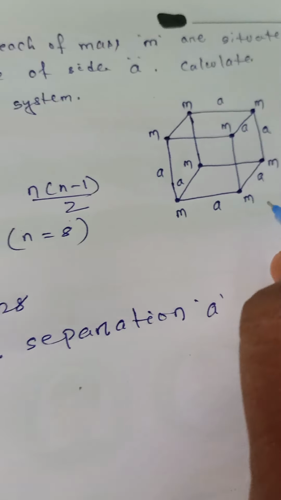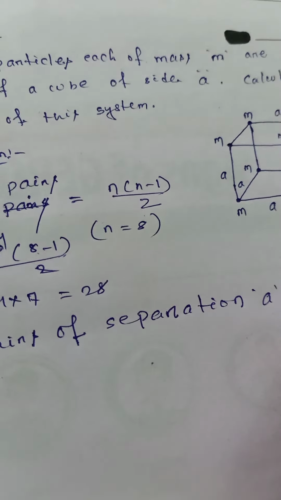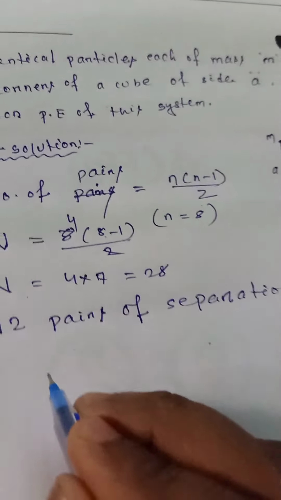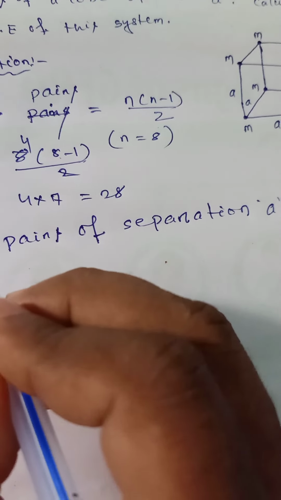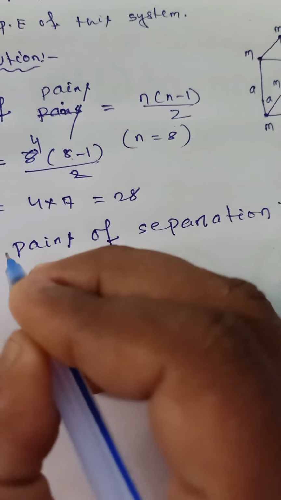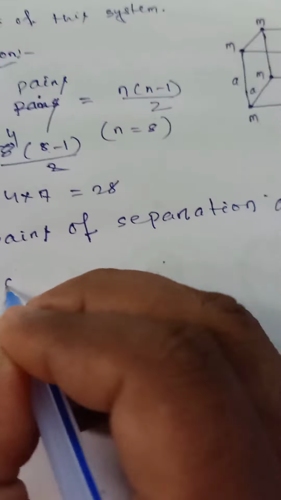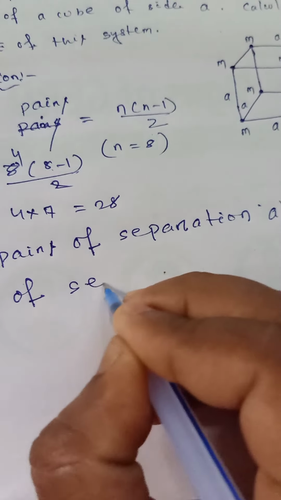So 12 pairs of separation a, plus 12 pairs of separation